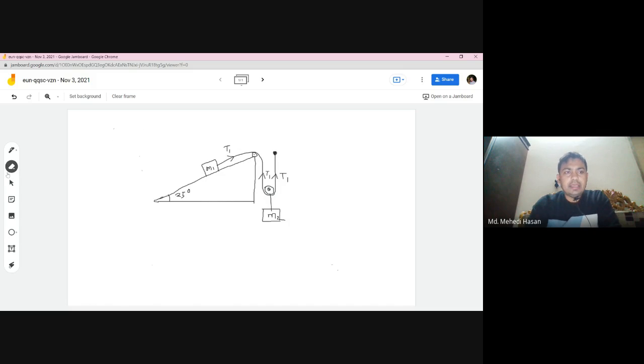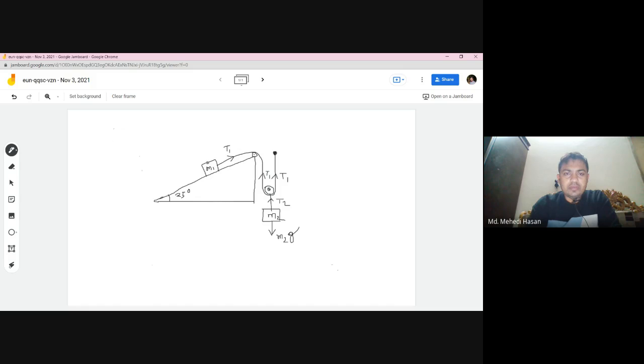Now if we consider the second object M2, the tension acting on M2 is in the upward direction, because the suspended point is away from the object, which is considered T2, because the tension in this string is not the same, as it is related with the mg. Then M2g is the weight acting on M2. And now for M1,